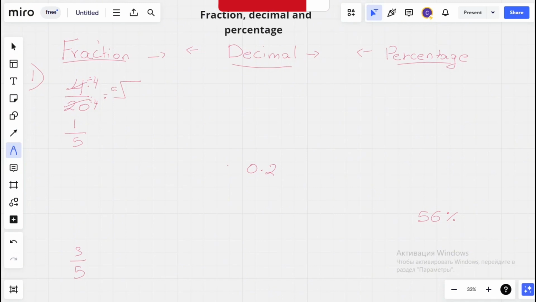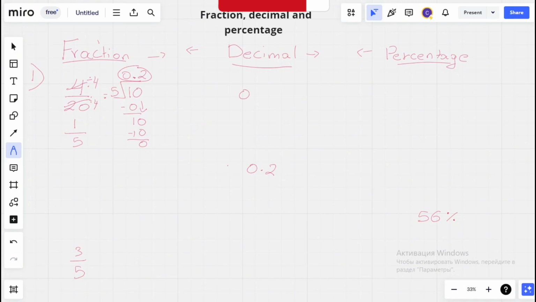So we have 5 divided by 1. Now how many 5s can you put in 1? It is 0. 0 times 5 is 0. 1 minus 0 is 1. So are we finished yet? No, we're not, because it's not a 0. So the first thing we do is put a 0 here and a decimal point, and then we bring down the 0. So how many 5s can you put in 10? It is 2. 2 times 5 will give you 10. And now you have the decimal,